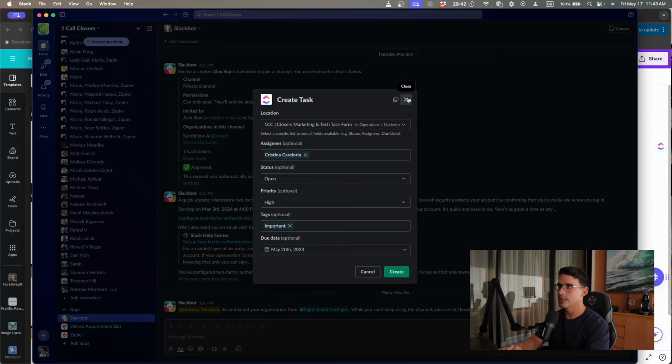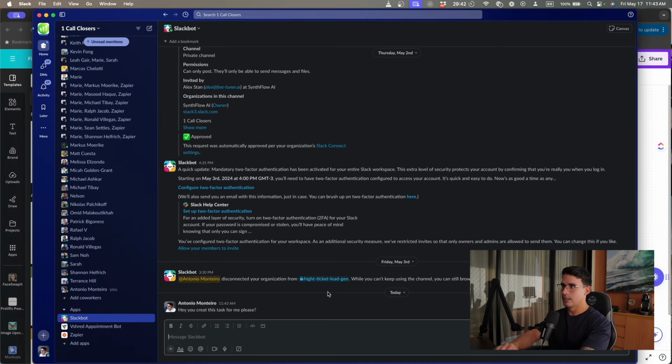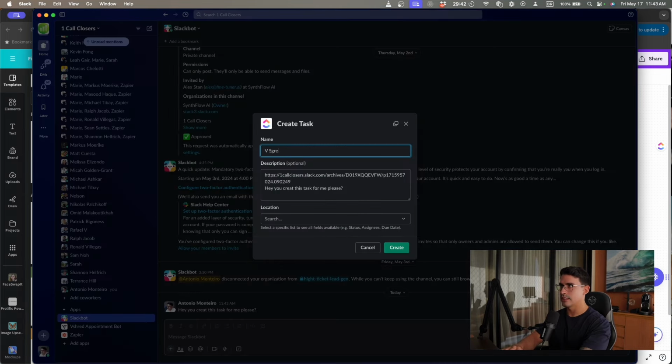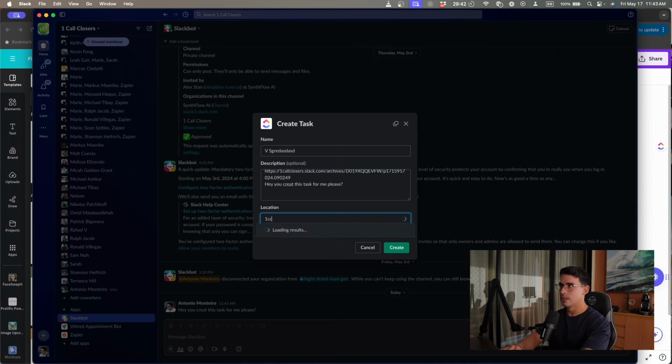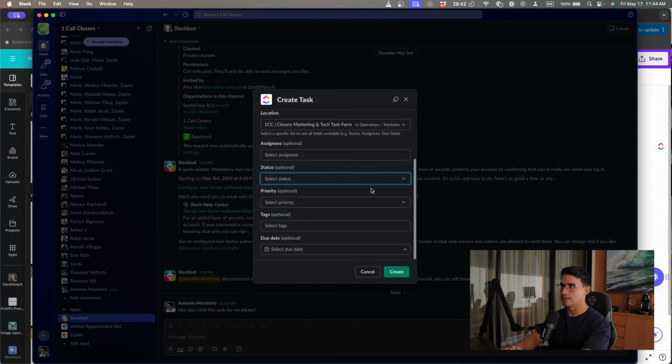And then another cool thing is, hey, can you do this? Can you create this task for me, please? Whenever someone sends you a message that you want to transform into a task, with the ClickUp app in Slack, you can just go here and create the task, and it's going to give you the description. Obviously, it's not going to give you the template that we've built, but at least it's going to give you the context from where that message came from, and it's an easy way not to forget to do things when you're managing your day-to-day on Slack.